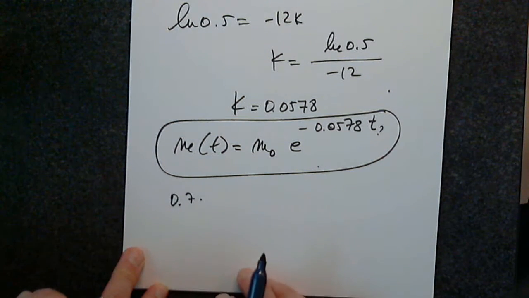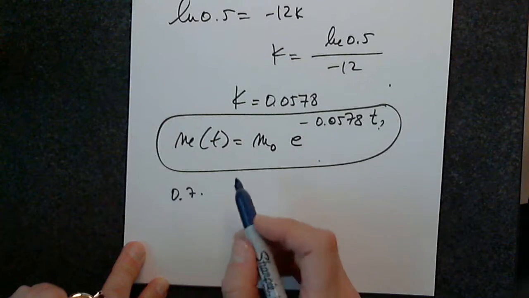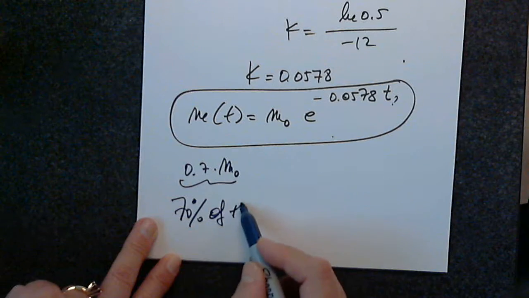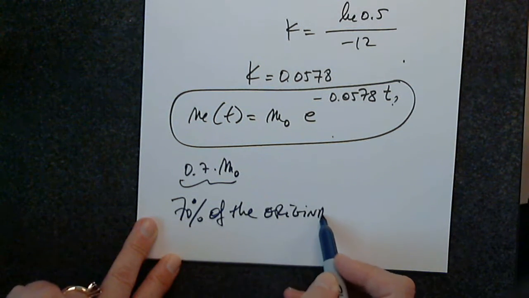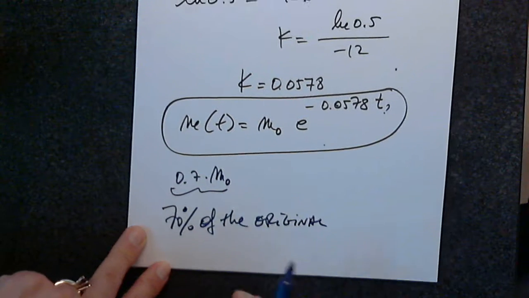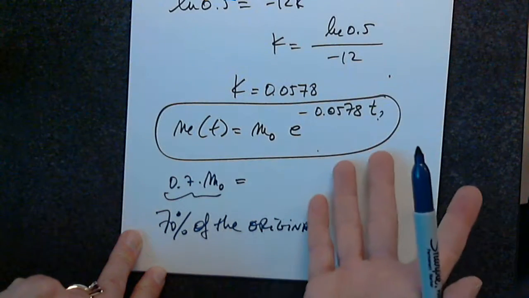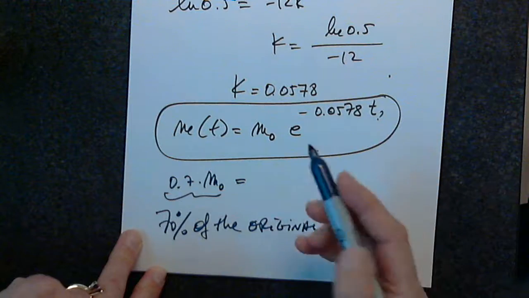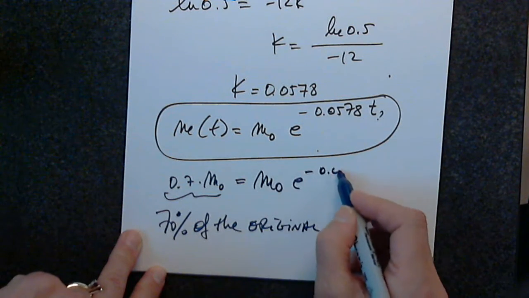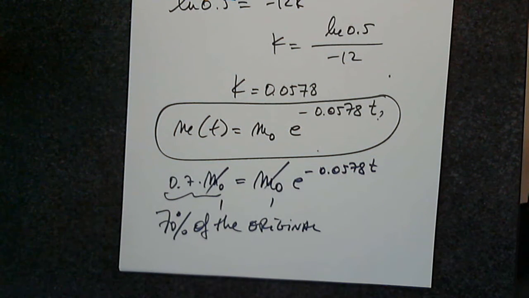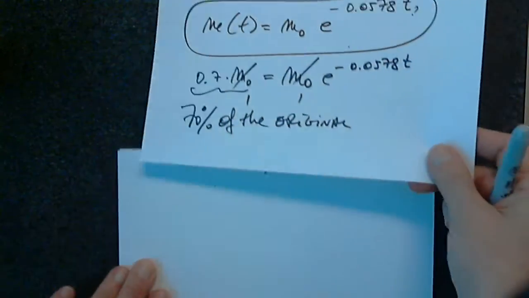0.7 times M0. 70% of the original is 0.7 times M0 equals what? Of course, M0 e to negative 0.0578 t. Of course, I'll simplify both sides by M0. I don't have it, and I don't even care for it. And then,